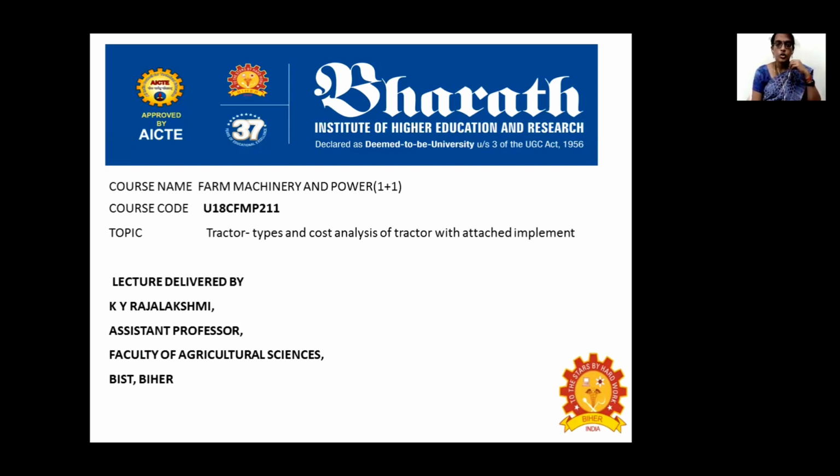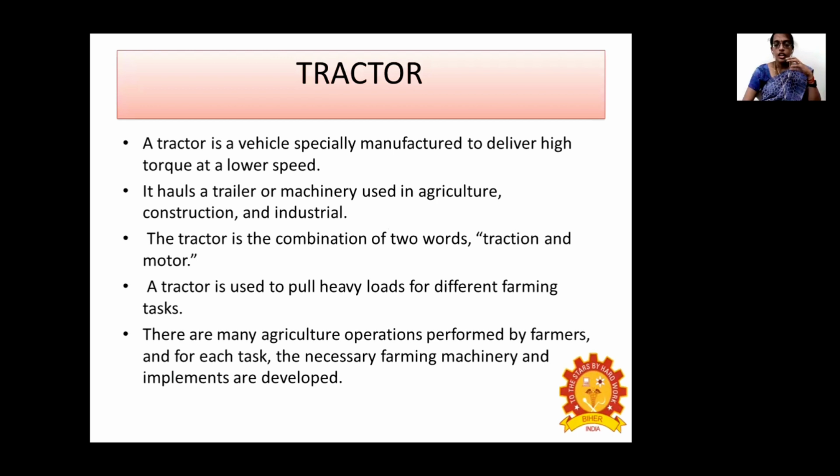I am handling the course on Farm Machinery and Power, and the course code is U18CFMP211. The topic that we are going to discuss is tractors, types of tractors, and cost of tractors with attached implements. A tractor is a vehicle specially manufactured to deliver torque at a lower speed, and it may be attached to trailer machineries or any machineries used in agricultural, construction